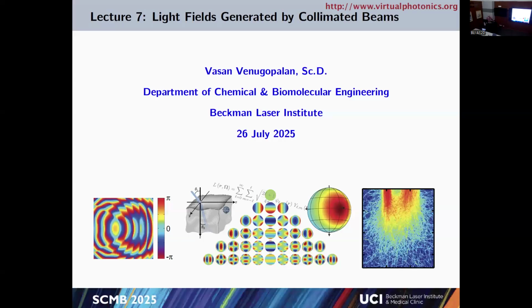On the first day in the introductory lecture, I introduced the concept that the types of models one uses to simulate light transport in biological systems really depend on the spatial scale that you're considering and the sorts of light matter interactions that you really need to model, going from the wave, Maxwell's equation domain through to using Monte Carlo and the potential ability to use approximate solutions to the radiative transport equation